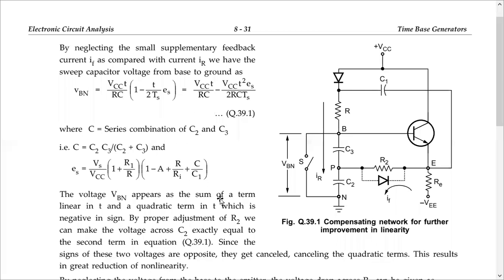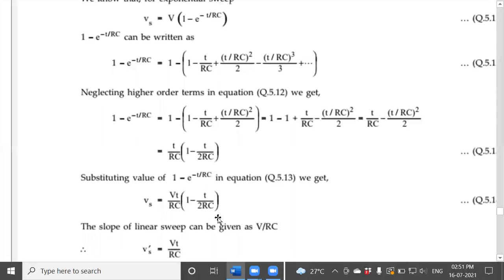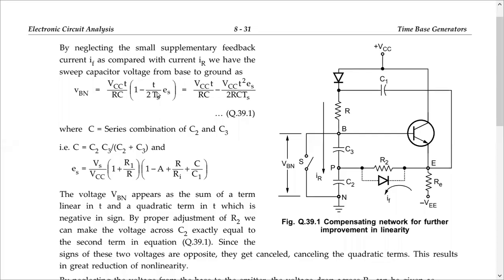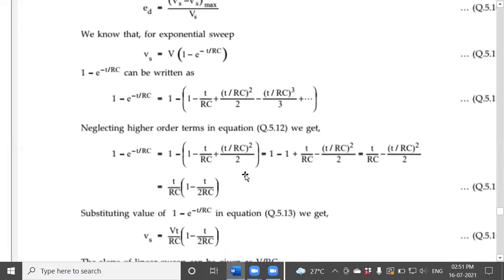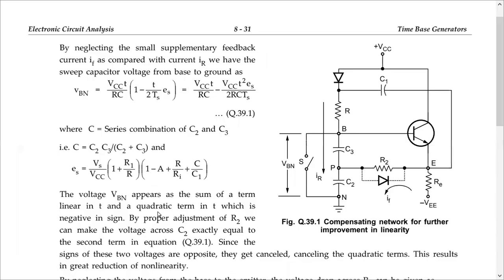Then what we have is into 1 minus T by 2 RC into 1 minus T by 2, as it is. T by 2, then what we have? T by 2 by RC. So T by 2 into 1 by RC. Now let us see what that 1 by RC is in terms of ES. Here 1 by RC is nothing but ES by TS. So T by 2 into ES by TS.